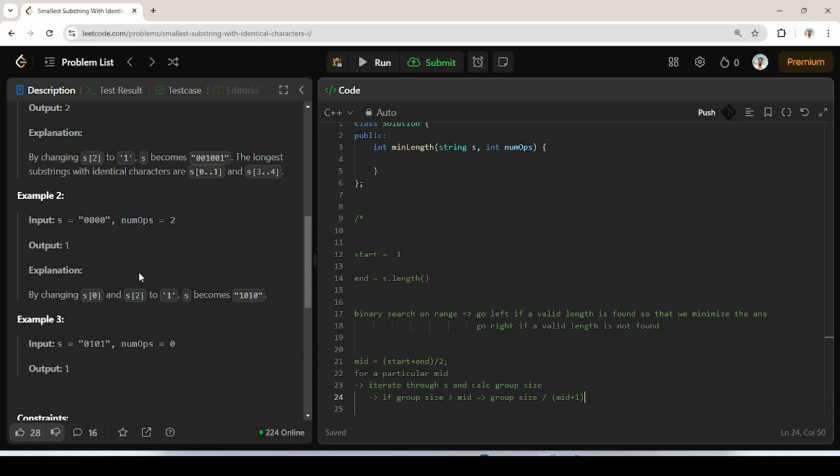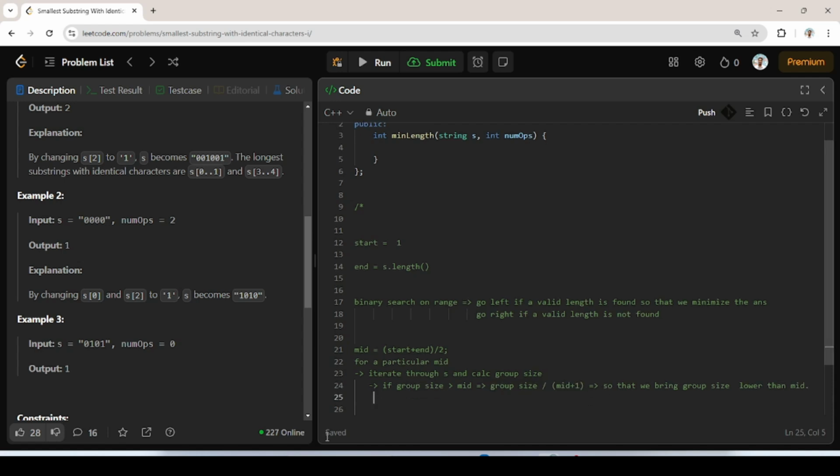We do mid plus 1 because we want to make it lower than mid, that's why. So this will give me the operations it is going to take to make it lower than mid. I'm going to subtract that from my given operations,